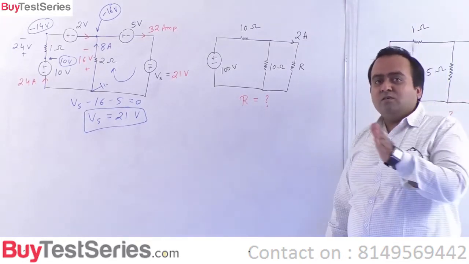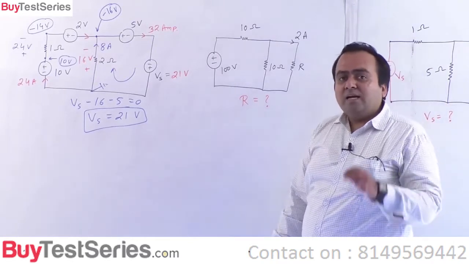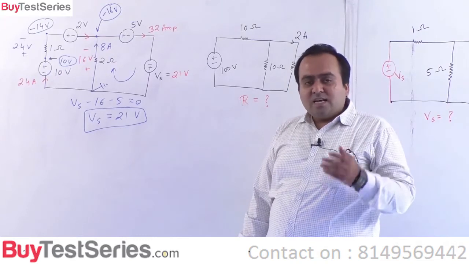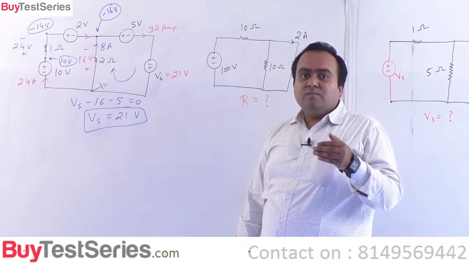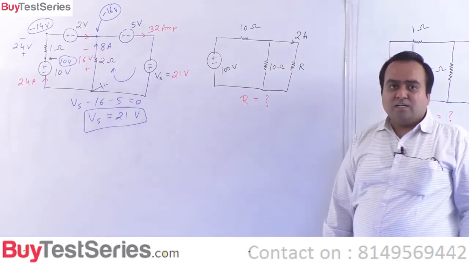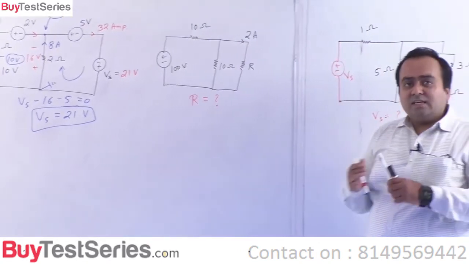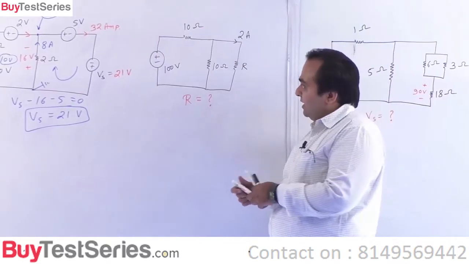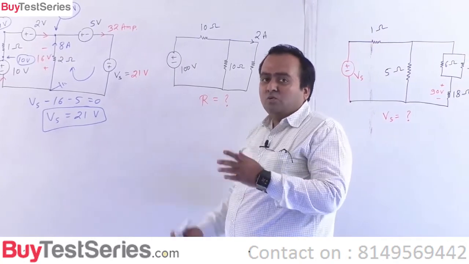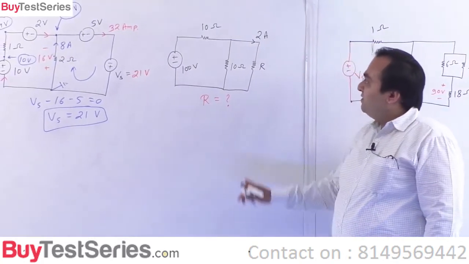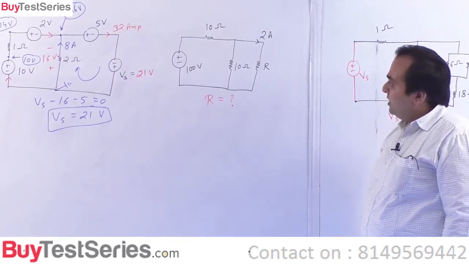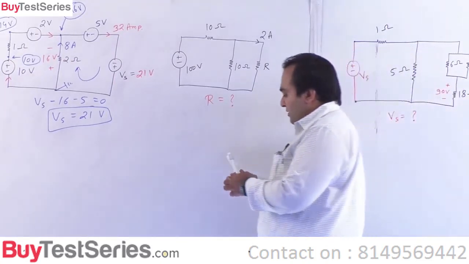Although the original question that was there for 1 mark asked only for the value of Vs, other things you can evaluate. As I said, when you are solving DC circuit problems, you can always prove the power balance for the circuit. Once you prove the power balance, there is nothing remaining to be calculated in the circuit. If you see this, now this would require the current division rule. Now see, the value of resistance has to be calculated here. Now see, what you can do is,